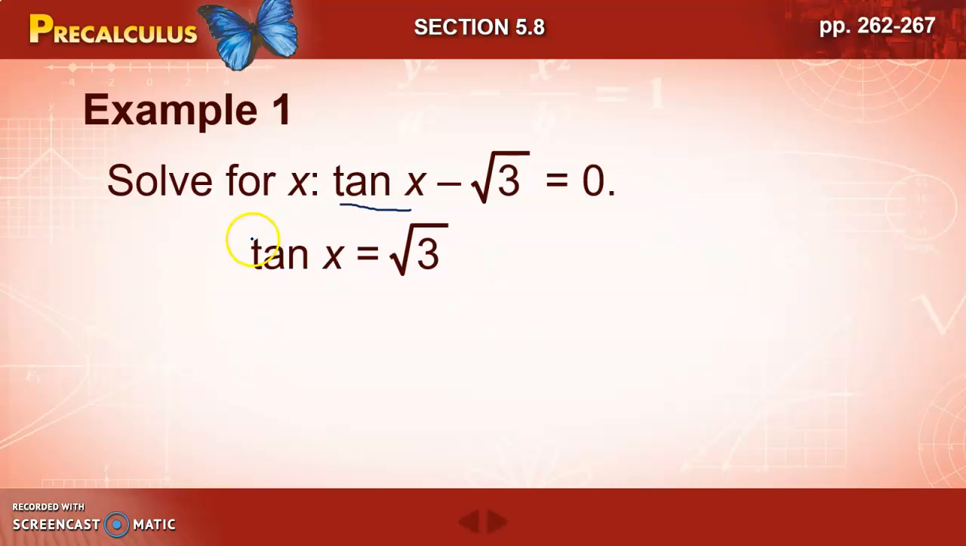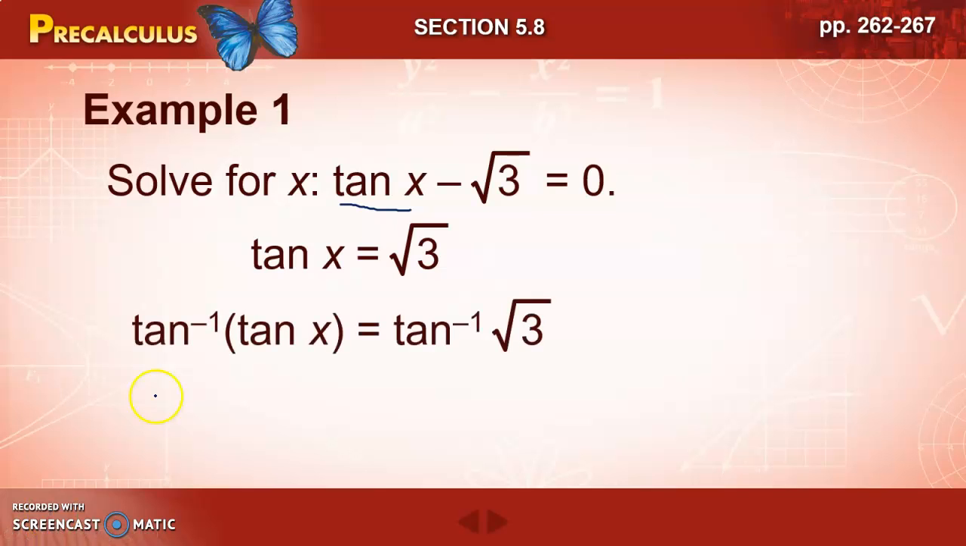Now we're going to use inverse operations to undo this tangent and get the x by itself. The inverse of tangent is inverse tangent. If we take the inverse of one side, we're going to do that to the other. The inverse tangent of tangent x, these two cancel each other out, so we're just left with x. And then we need the inverse tangent of root 3. Remember that inverse trig functions are read this way: the angle whose tangent is root 3. So x is equal to the angle whose tangent